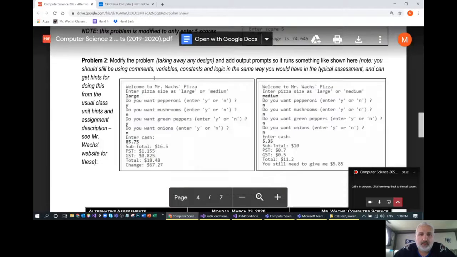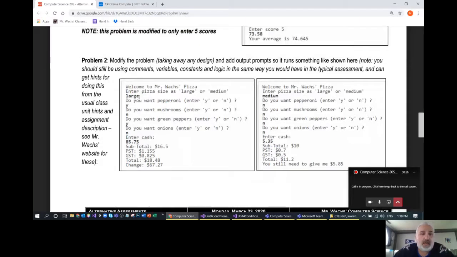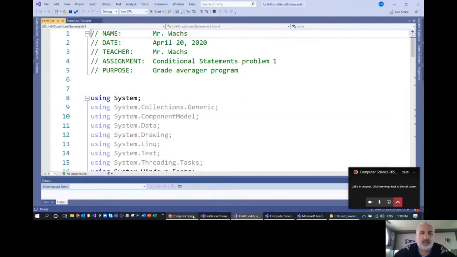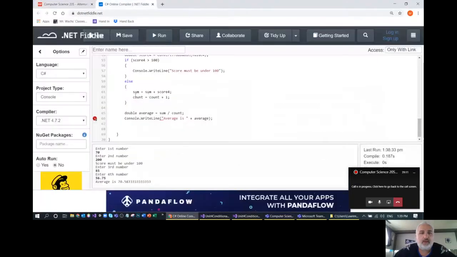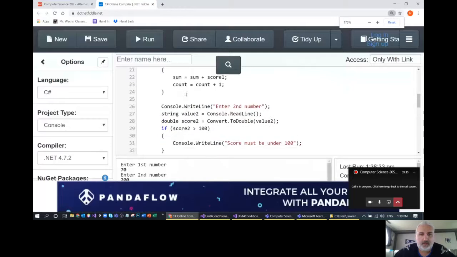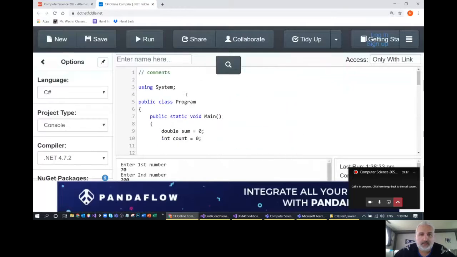Problem 2 as well would be working with the pizza shop, where you enter the size, you have to enter the word large or medium, you enter pepperoni Y or N, mushroom Y or N, cash, subtotal, total, etc. So I'm going to go through that now as well with you guys. Okay, in terms of how I would do the modified version of this. Ooh, that's too big. Okay, so we'll go back